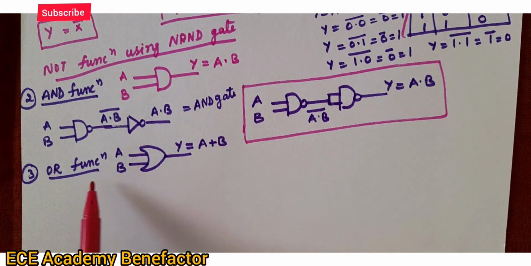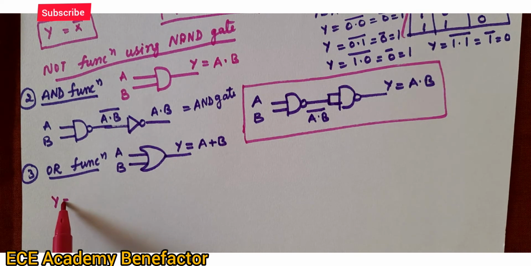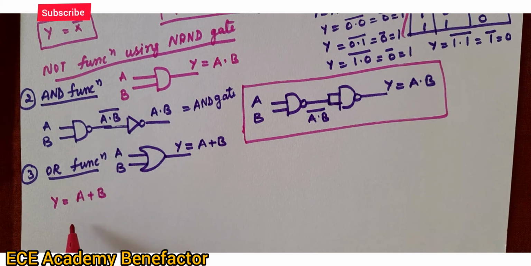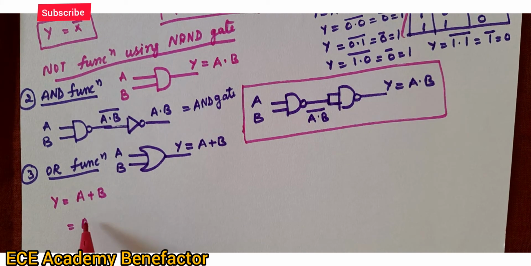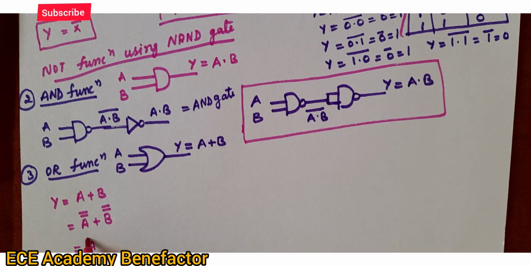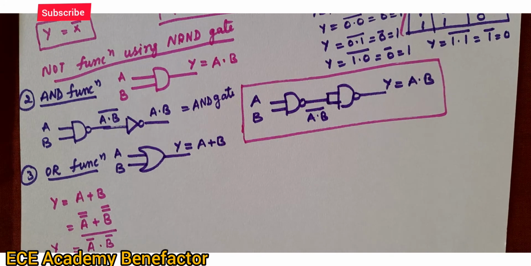So before drawing it, let us simplify it further. We want to get the expression Y is equal to A plus B. Okay, let us double complement it. If we do a double bar, we will get A. Similarly, we can do B double bar. Okay, and then B double bar is equal to B, and then apply De Morgan's law, that is A bar dot B bar the whole bar. This is by De Morgan's theorem.